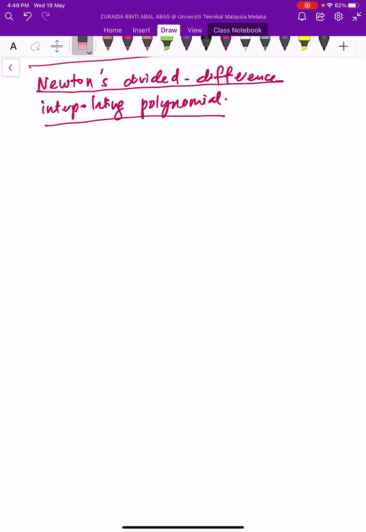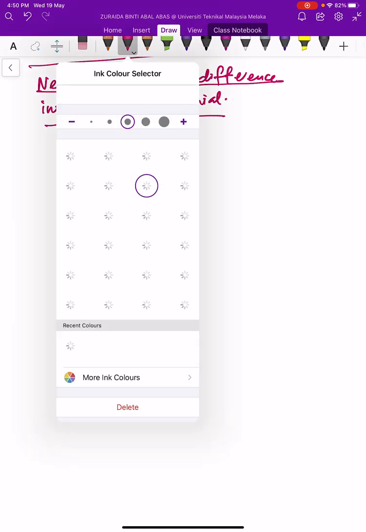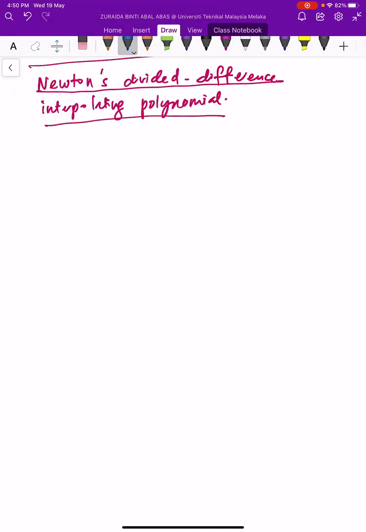Hi and hello everyone. In this video, I will show you how to use Newton's divided difference interpolating polynomial to approximate a value of a function. Before we go further, I would like to show you the general formula for this Newton's divided difference interpolating polynomial. The formula is you'll have